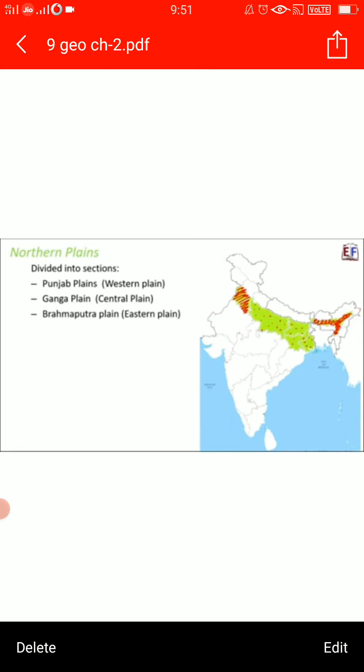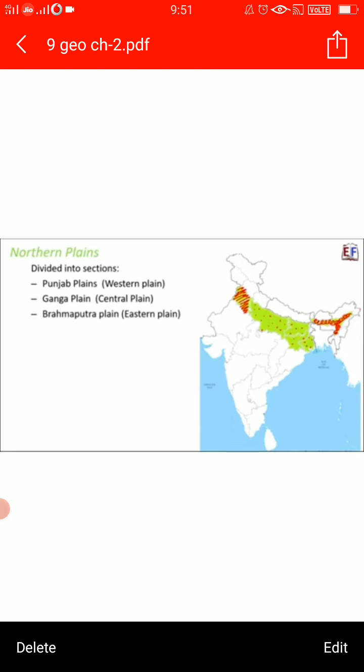The larger part of this plain lies in Pakistan. Fine. The Indus and its tributaries, what are they? Jhelum, Chenab, Ravi, Beas, Satluj, they all originate from the Himalayas. And this section of the plain is known as Doab.